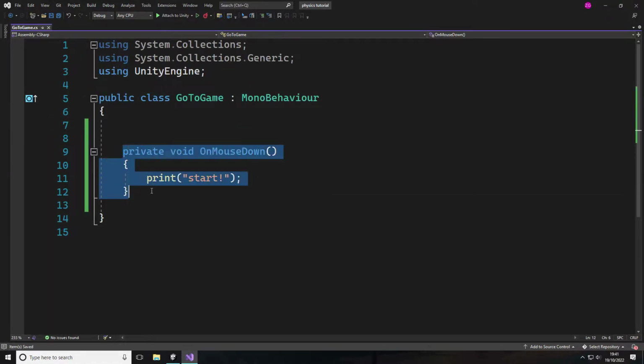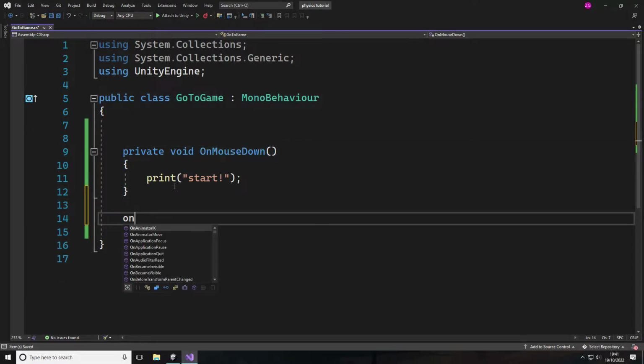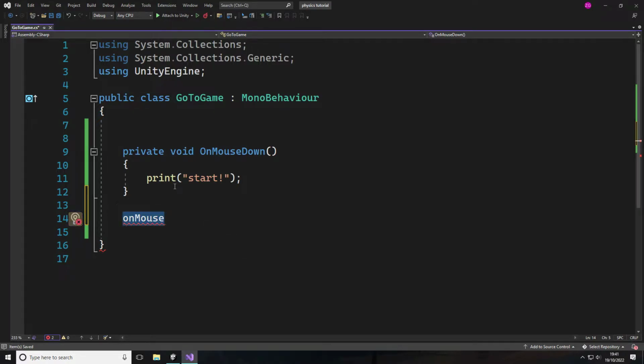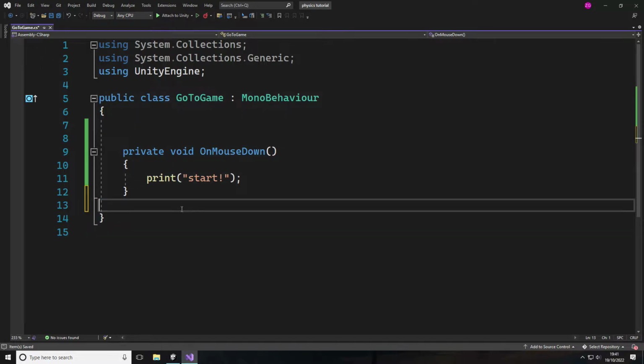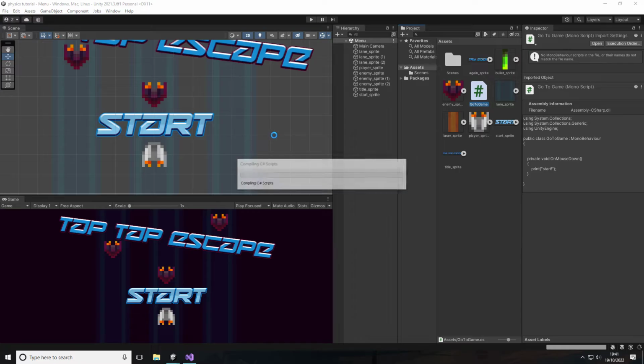So you can see I have created my own function, on mouse down, right? There are also other options that you can check out in your own time. We have on drag, on enter, on exit, over. There's a lot of interesting options that you can play with. But for this tutorial I'm just using on mouse down, which is basically when I click on the game object. So save this, go to your game,